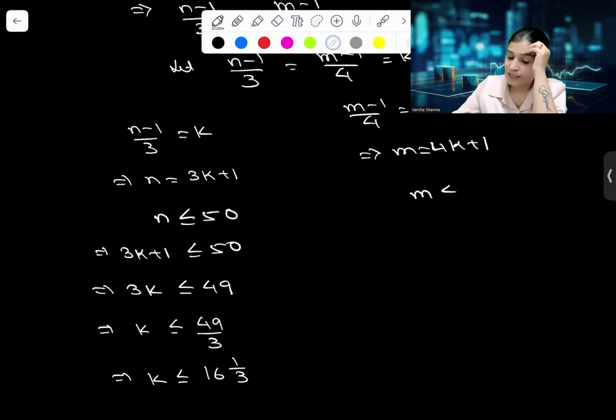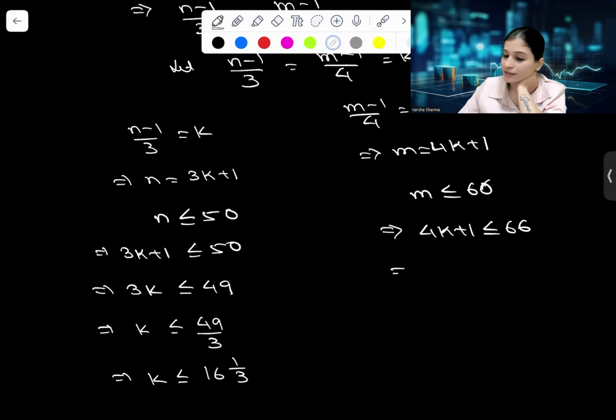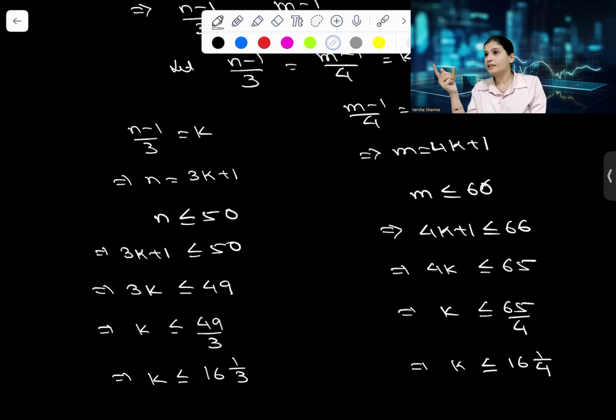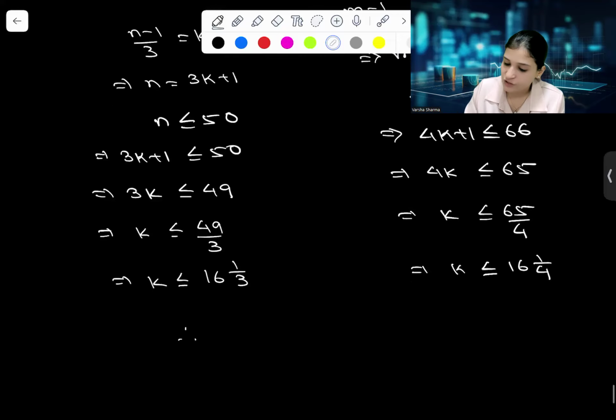The second one, m, is smaller than or equal to 66. 4k plus 1, sorry, 66, less than or equal to 66. 4k less than or equal to 65. k smaller than or equal to 65 by 4, k smaller than or equal to, I think, 16 1 by 4. Yes. So both of them are saying that k should be smaller than or equal to 16 point something. Right? That means I'm allowed to take the value of k till